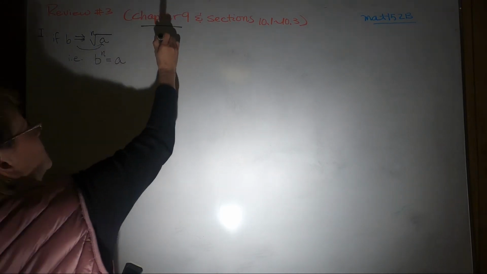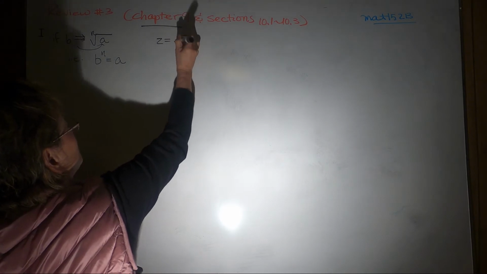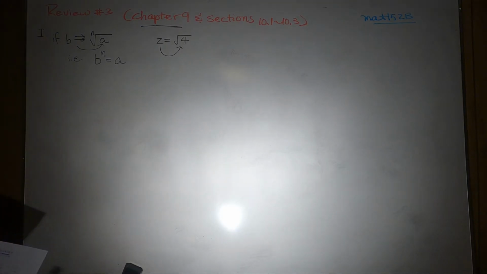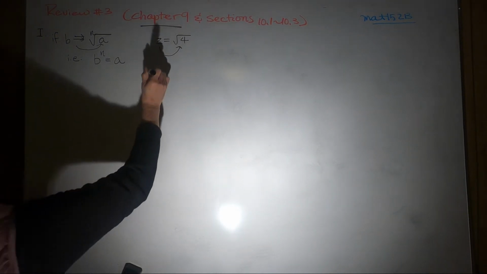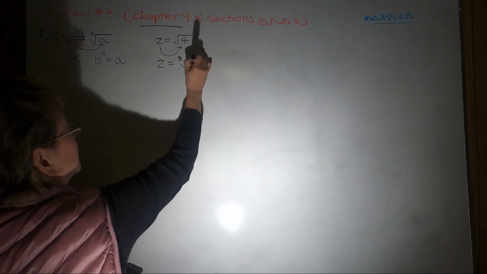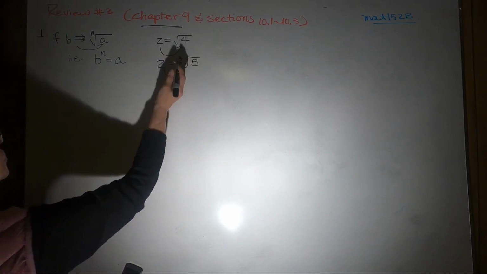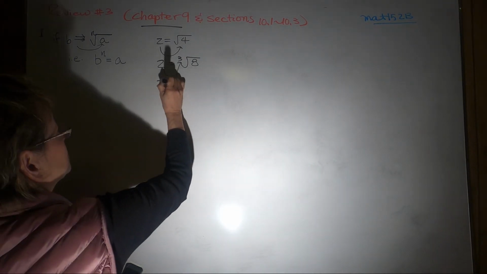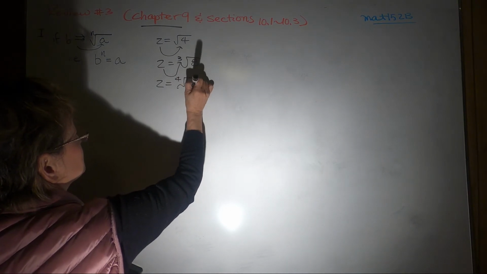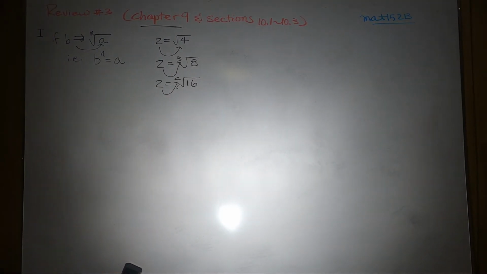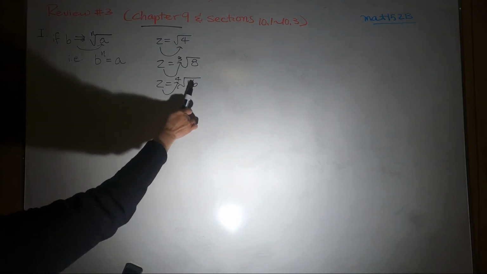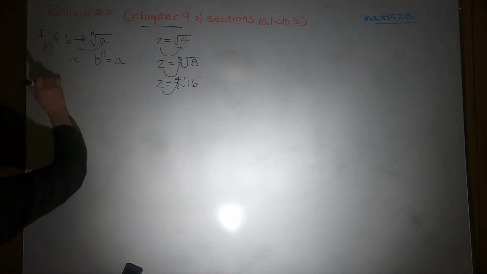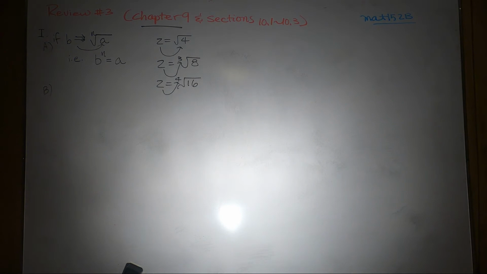right? That means if 2 is the square root of 4, that means what? When you take 2 squared, then it will be the inside. And if 2 is the cube root of 8, that means what? 2 to the 3rd power is 8, right? We did this. Then 2 is the 4th root of what? 16, because if 2 takes the 4th power, it will end up in 16. So that's how we decide the root of the